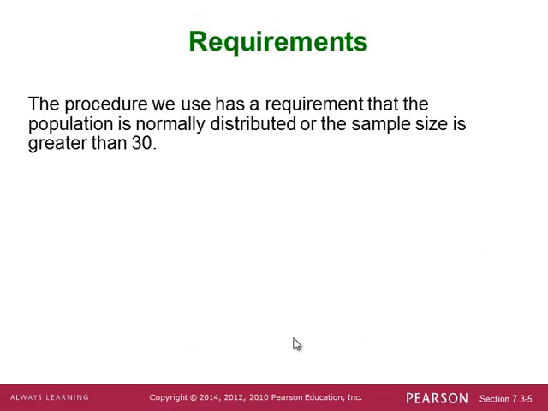Moving along here. Requirements for us to use the procedure that we're going to is that we have to be sampling from a normally distributed population, or the sample size needs to